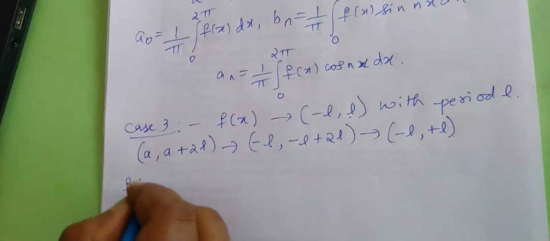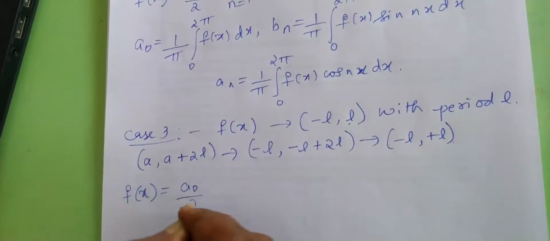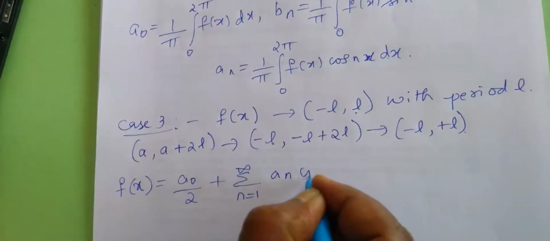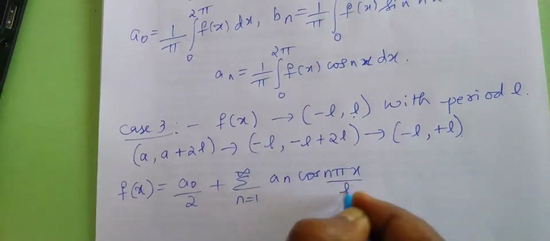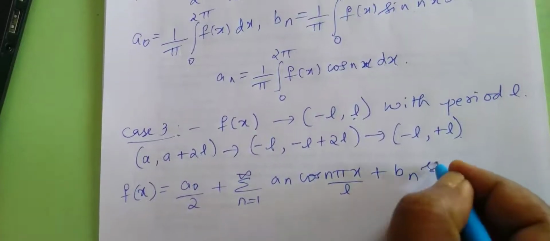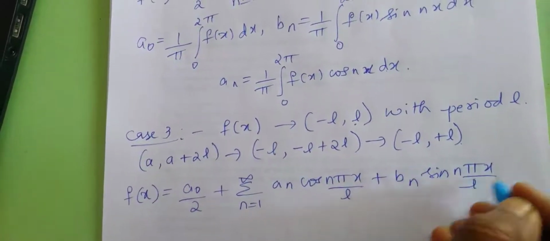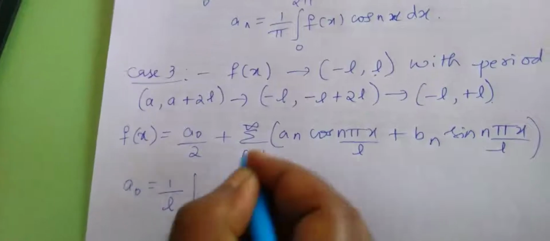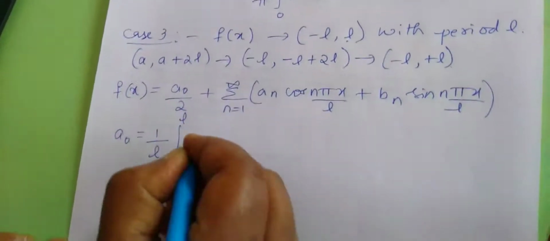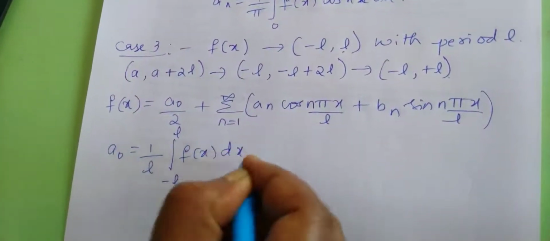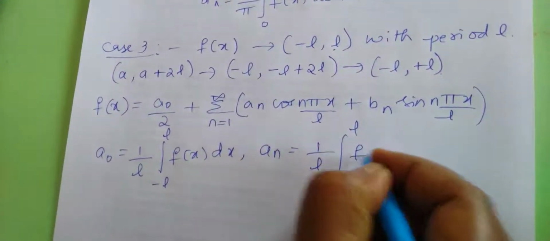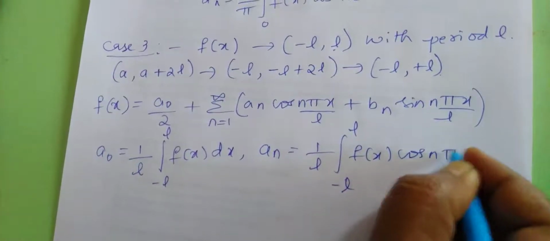Now let us write down the Fourier formula. f(x) is a0 by 2 plus summation n is equal to 1 to infinity of an cos n pi x by L plus bn sin n pi x by L, the whole bracket. Now what is a0? a0 is again 1 by L, because that is the interval, running between minus L to L of f(x) dx, and an is 1 by L integration from minus L to L f(x) cos n pi x by